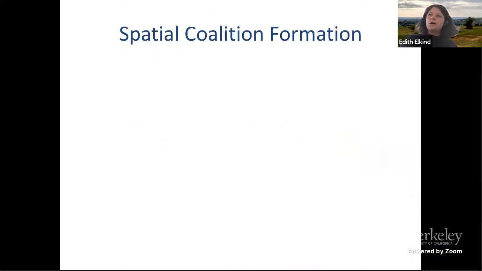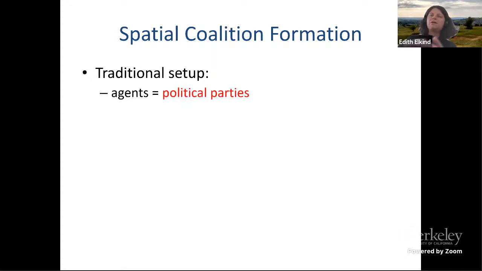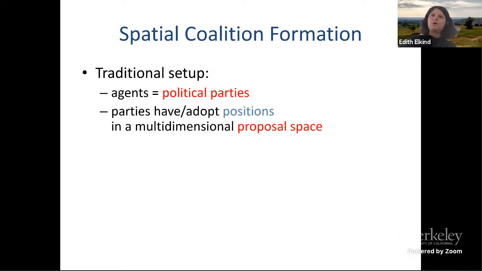Okay, so let me start with a little bit of background in political science. In political science, one of the major topics that is being studied is how political parties form coalitions in order to govern. And the popular model there is a spatial model. So the setup is typically that we think of political parties as agents or players in the game. And these parties either have positions, principled positions, in a multidimensional proposal space, or maybe more cynically, they decide which